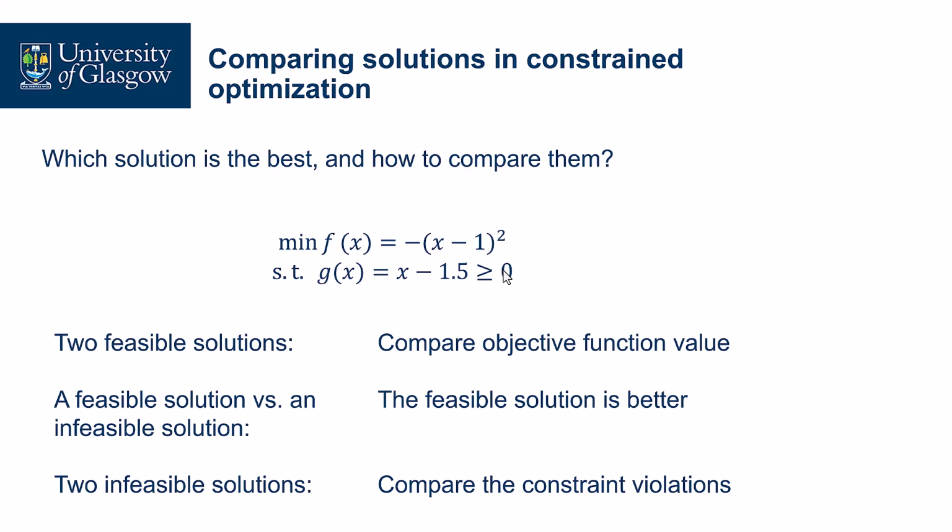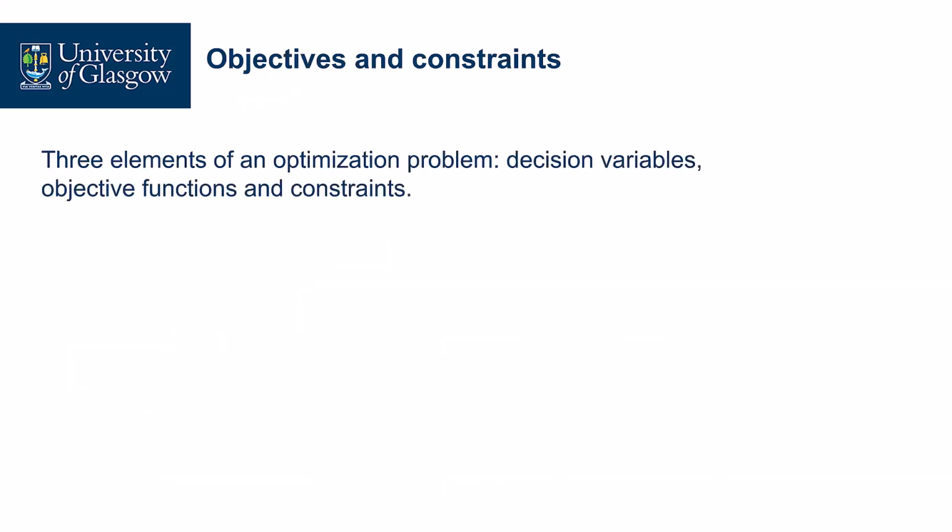Based on these, we can understand which solution is the best. First, we need to find the feasible solutions. They are better than the infeasible solutions. Then among the 2 feasible solutions, we find the one with a better objective function value, right? Okay, so now for the optimization problem, besides the decision variables and the objective functions, we added a